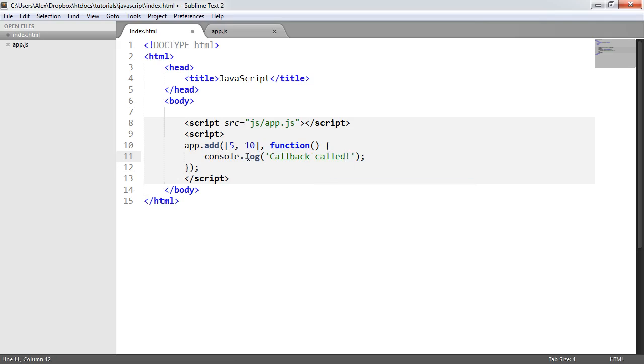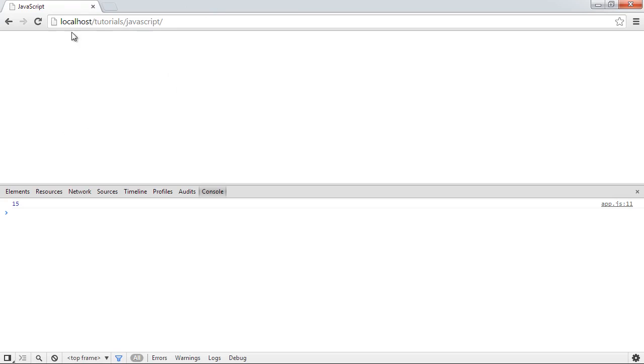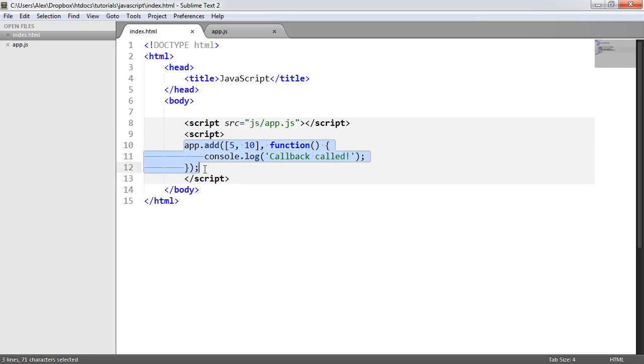callback called. So now that we know that the callback's going to be called, or well, it won't be at the moment because we don't actually have a callback here. So at the moment, that's not actually going to do anything. If I refresh the page, inside of here this code's being run, but this callback is not being called at all. We're still adding up